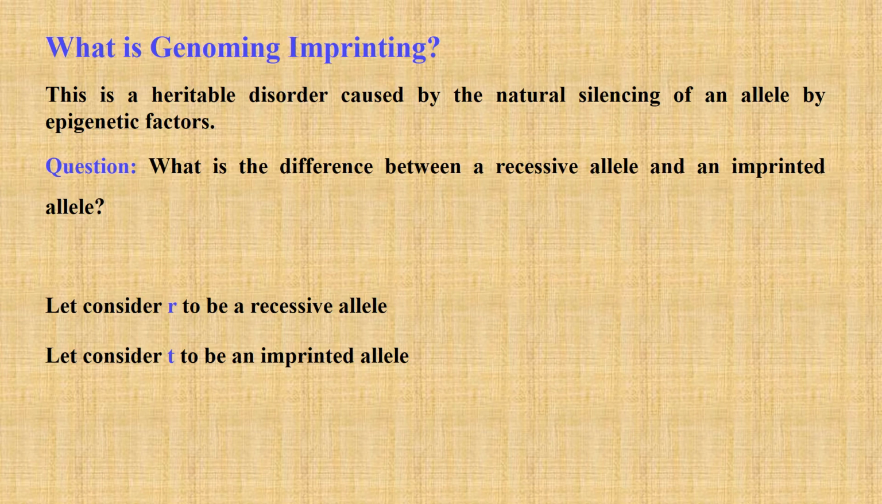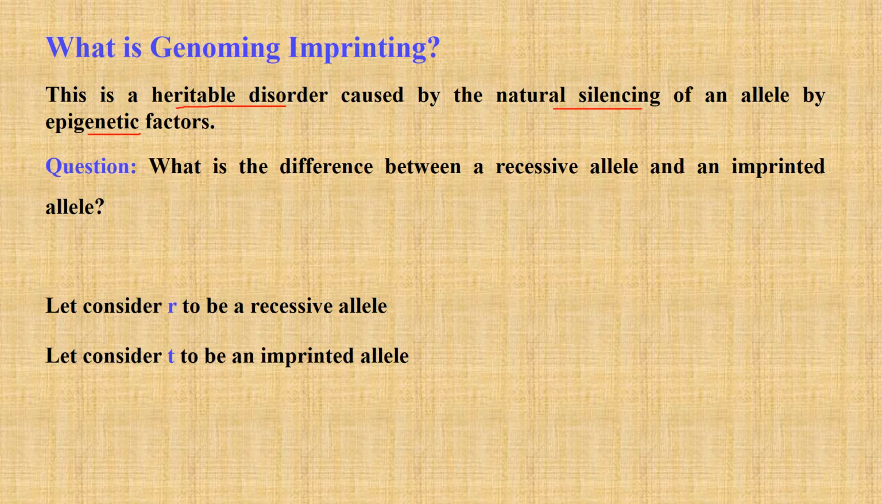Genomic imprinting is a heritable disorder that is caused by the natural silencing of an allele by epigenetic factors. And the main epigenetic factor involved here is methylation. You remember when we did the video on epigenetic factors, we said methylation is the main epigenetic factor involved in silencing an allele or a gene. If you want to know more about these epigenetic factors or epigenetic traits, then you will look for that video